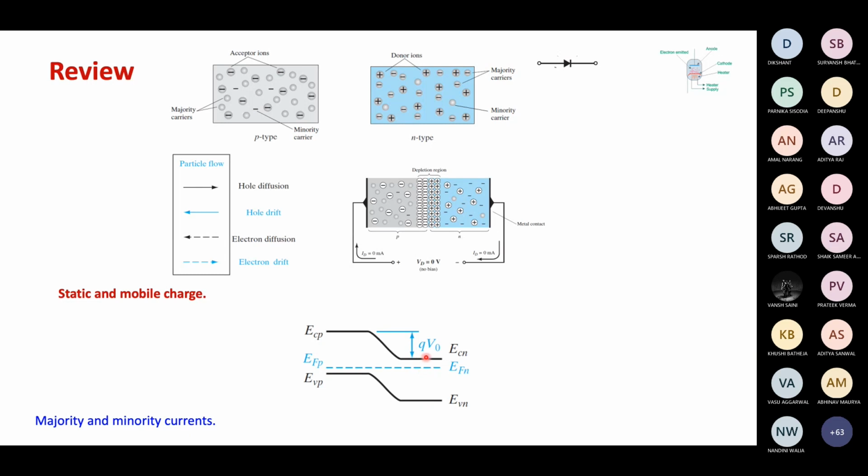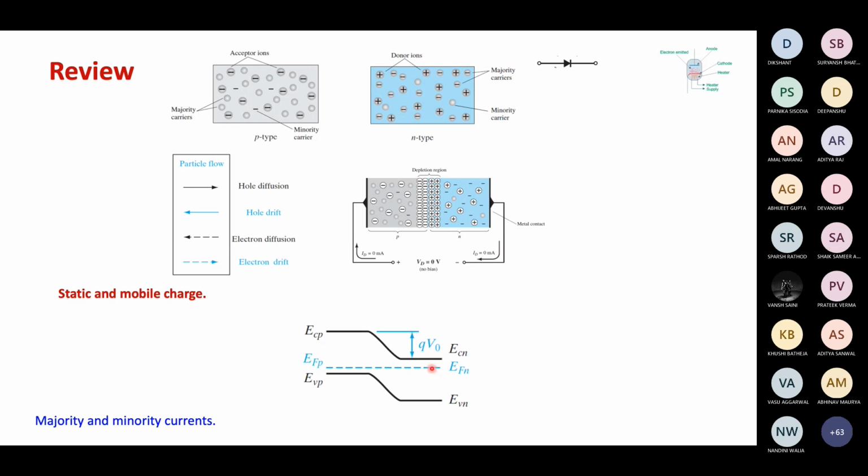So the electrons in the n-type material are majority carriers, and holes in n-type material are minority carriers, right? So if the number of electrons is more, there are a lot of electrons, it means that EFN will be closer to EC, which also means that EFN will be farther away from EVN. So if electrons are more, holes will be less. And if EFN is slightly far away from ECN, the number of electrons will be less and the number of holes will be slightly more.